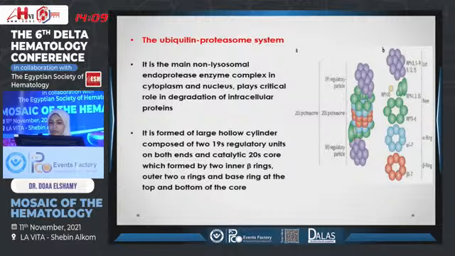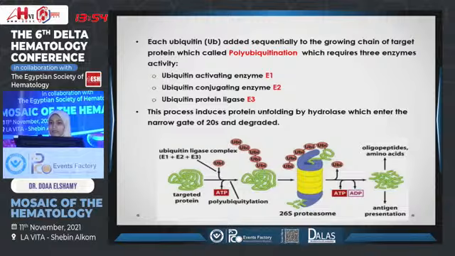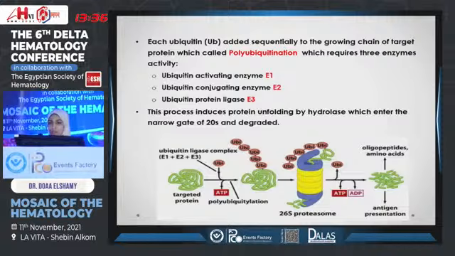It's formed of a large hollow cylinder composed of two 19S regulatory units on both ends and a catalytic core 20S, which is formed of 2 inner beta rings and 2 alpha rings, with a base ring on the bottom and top. The ubiquitin is added sequentially to the growing chain on the protein of interest. This is called polyubiquitination, which requires 3 enzyme activities: activating enzyme E1, conjugating enzyme E2, and the protein ligase E3. These processes induce protein unfolding by hydrolase, which enters the narrow gate of the 20S catalytic core and degrades